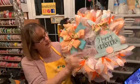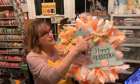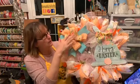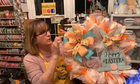And then what I did, this had a little piece of jute bow in there that was just glued on. So I took it off, did this to pick up the flowers in here, and then it gave me a little bit more that I can bring in here. Again, very simple, not very big and over the top. I only have 3